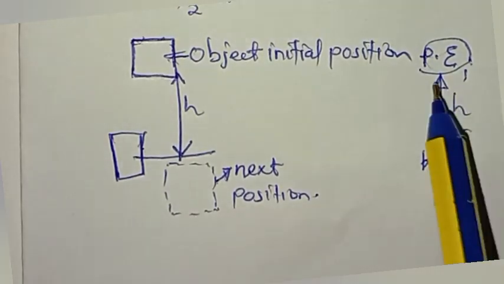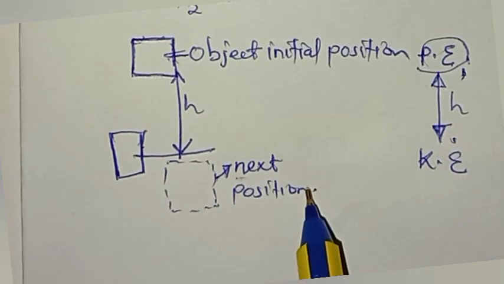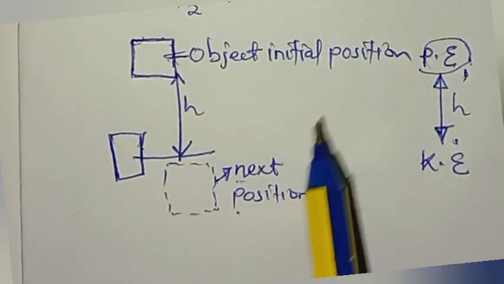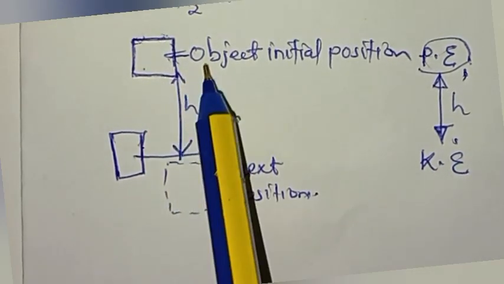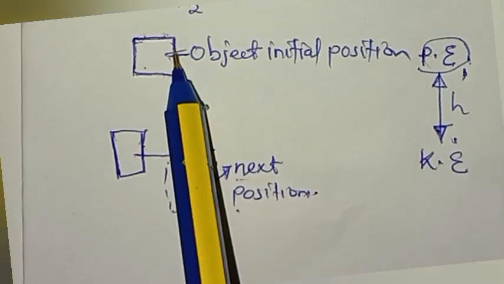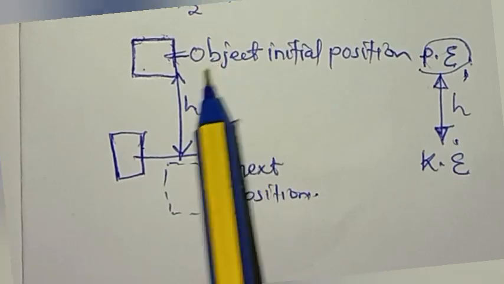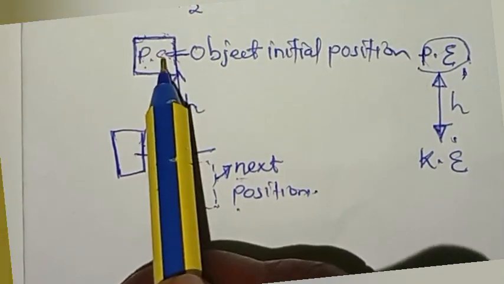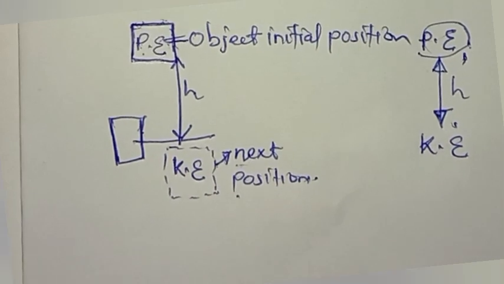Initially, the object was at this point, and after displacement, it moves downwards along this height, and all the potential energy at this level will now be converted to kinetic energy. And here we say potential energy equals kinetic energy,